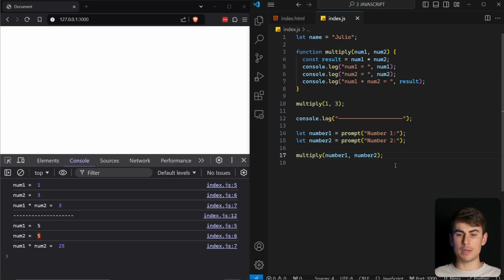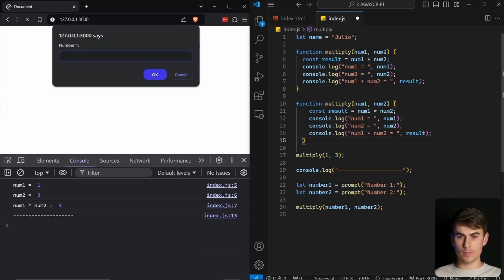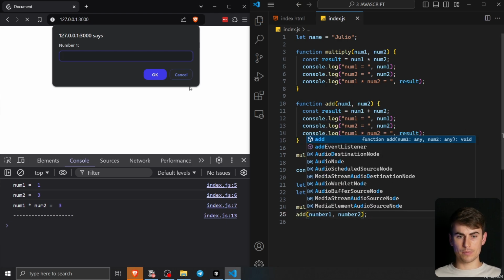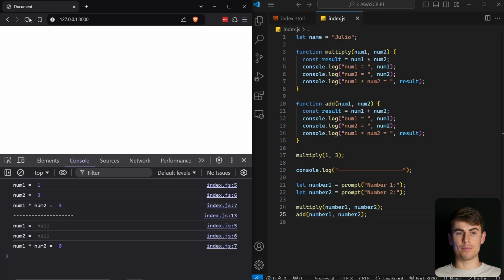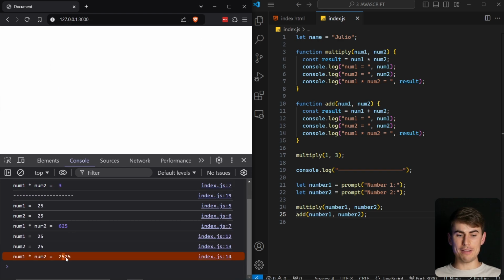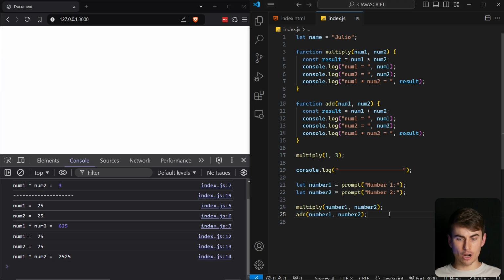So if instead of multiplying, I create a new function called add, and instead of multiplying, I add here, and now I'm going to copy here and say add, what do you think will happen? Well, as it's being treated as strings, we have 2525 instead of 50. But the great thing about functions is that you can reuse them. Imagine we have a lot of